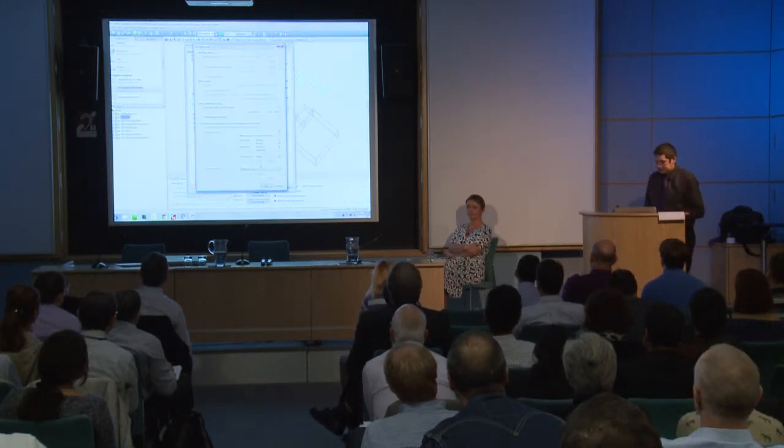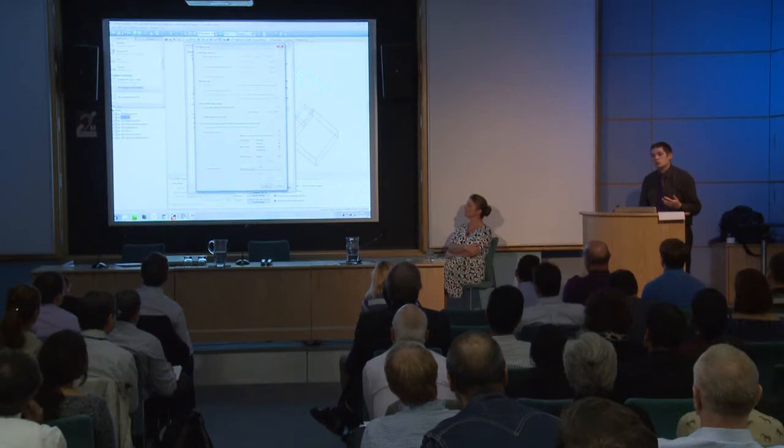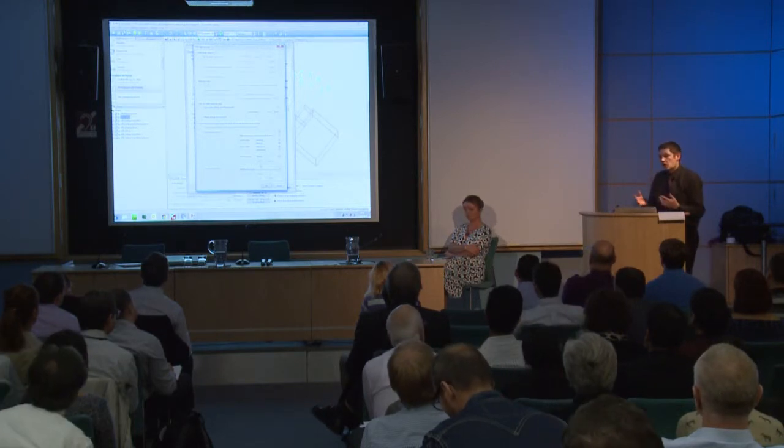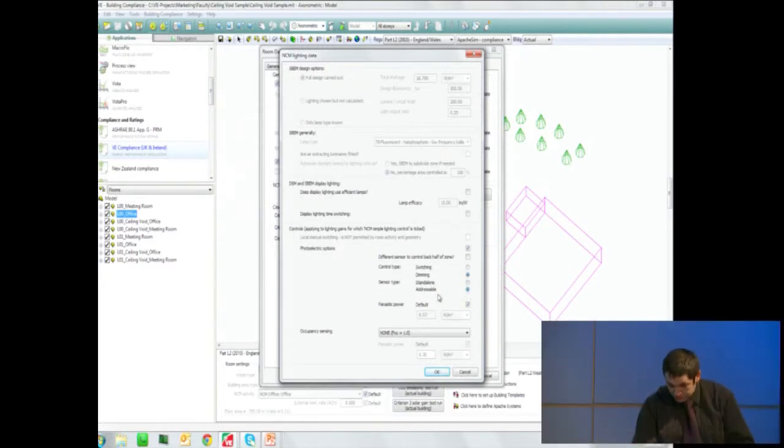Now, what is worth highlighting here is that whenever we've got these lighting controls, we've also got parasitic power attributed to them. So again, essentially an energy consumption required to operate those controls. What I find is that those are typically left at the default values. So say, for example, we had a photoelectric dimming control with an addressable system, and we also had